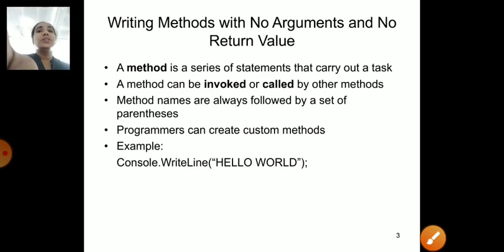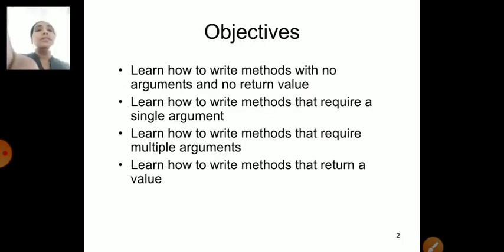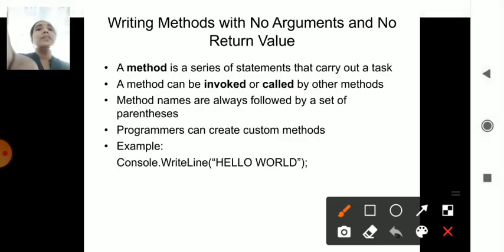So first, here you can see in the first part we will be learning about methods which have no arguments and no return values. Methods are nothing but something which carries some functions. I want to do a task, I want to do some work. For example, I want to add a number, I want to delete, I want to do modifications, something we want to do, then it is said to be a method part.